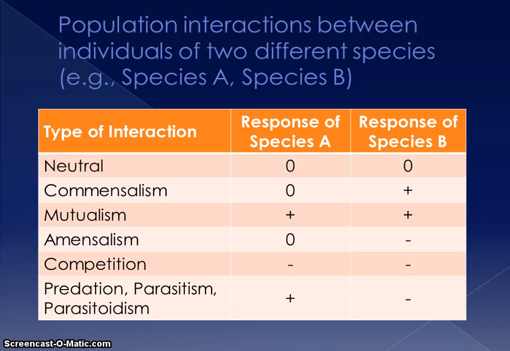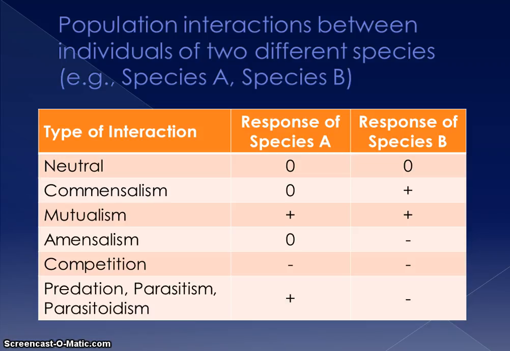To help us understand the natural world and compartmentalize the complexity, species interactions can be classified based on the reciprocal effects. By designating the positive effect of one species on another as a plus, a detrimental effect as negative, and no effect as zero, we can develop a classification of possible interactions between two co-occurring species. A neutral interaction is characterized as no effect on species A and species B.